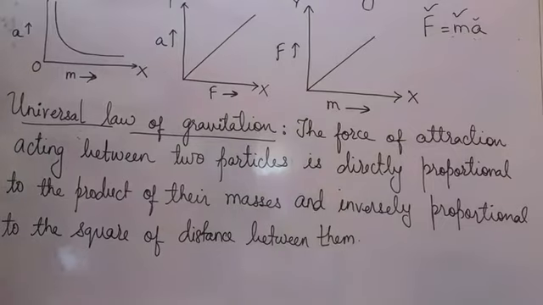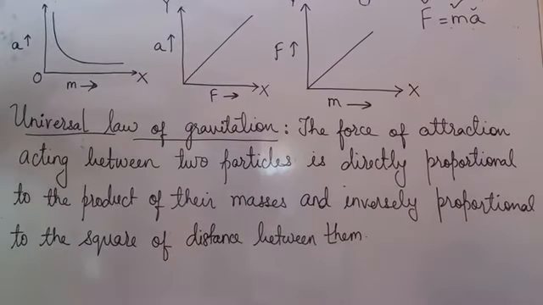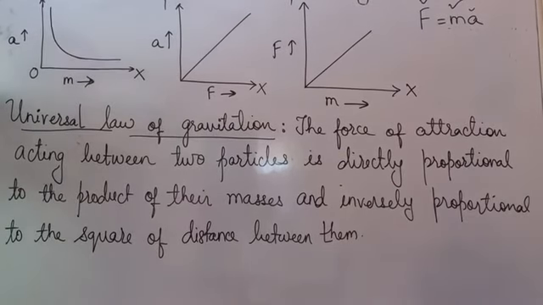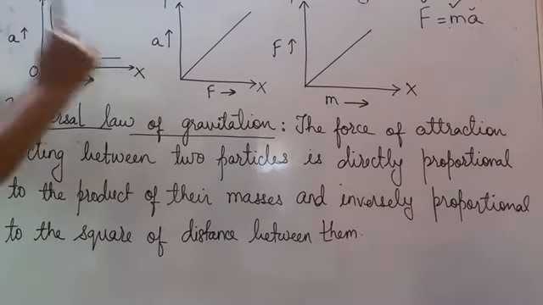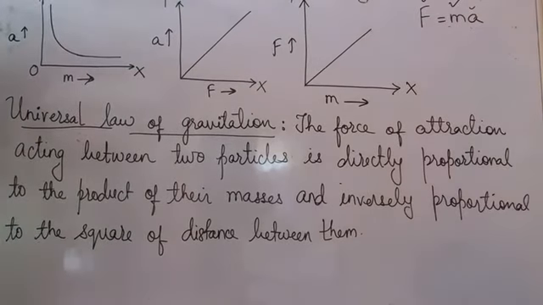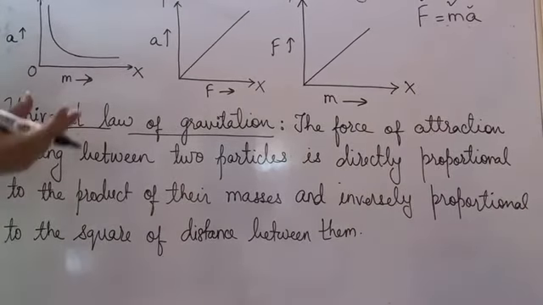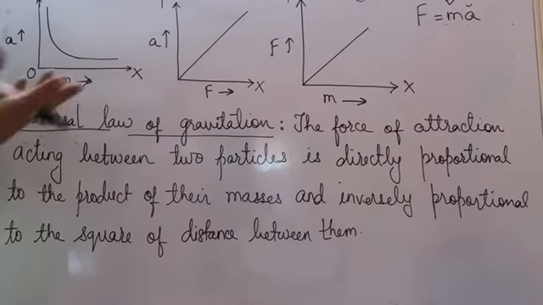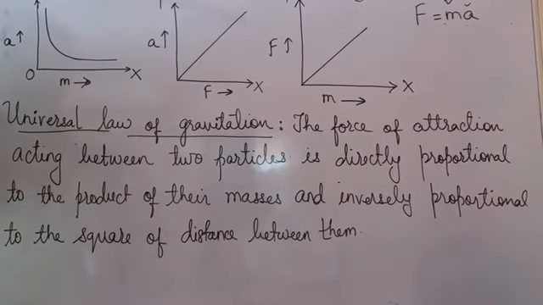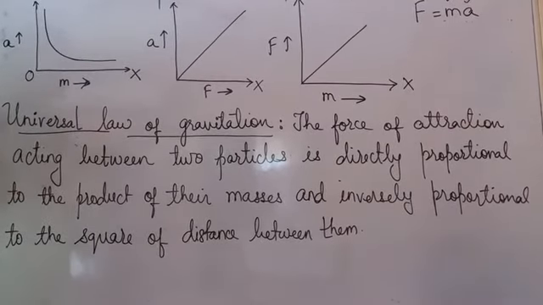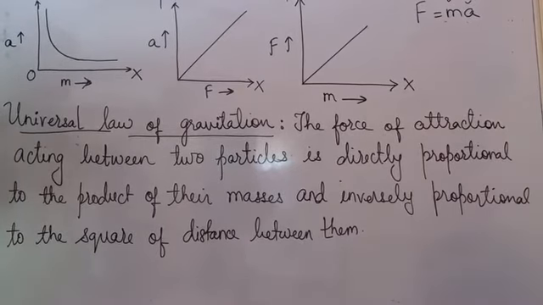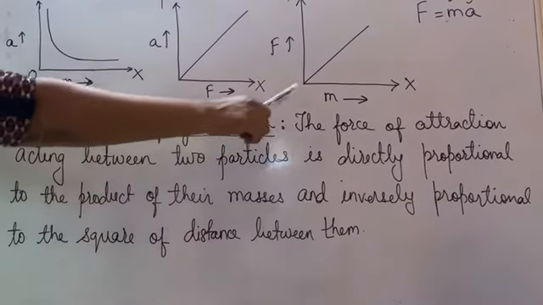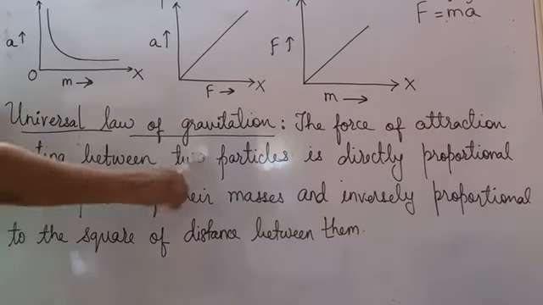After that, I want all of you to read the universal law of gravitation. I will read along with you so that I can explain even better. Newton used this law to give the relation between Earth and the planets or the moon, and how the Sun and the other planets remain in the same system. How are they attracted by each other, and hence they don't move out of the galaxy or the universe. Now here, the force of attraction acting between two particles.